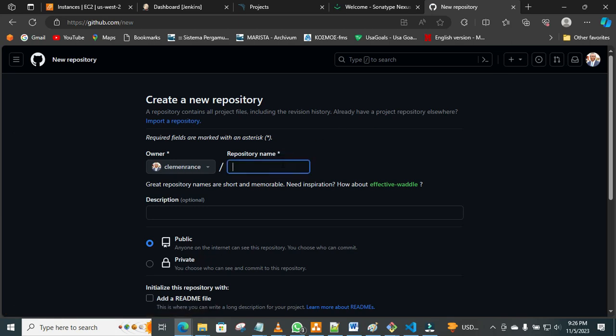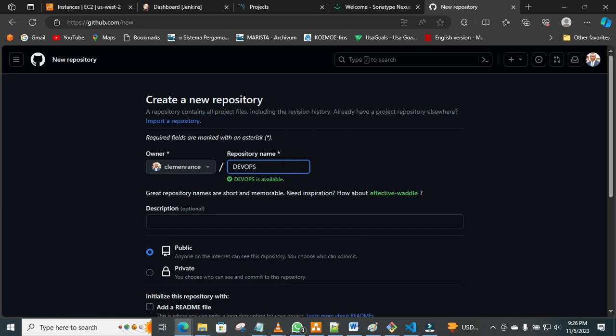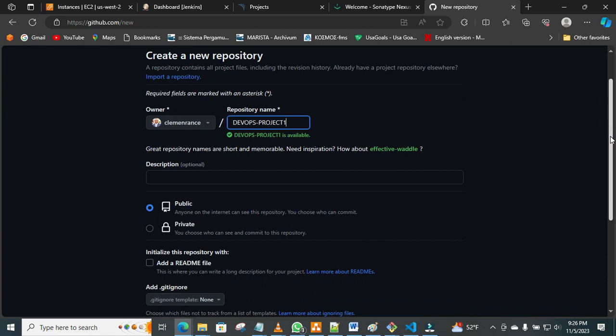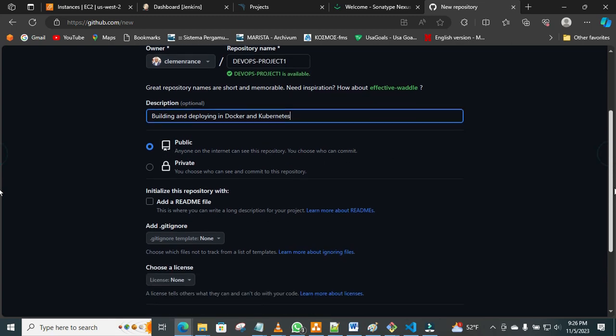Call it a name. Okay, DevOps project 1. Let's call it like that. Okay, let's describe it: building and deploying in Docker and Kubernetes. Let's make the project public, and then